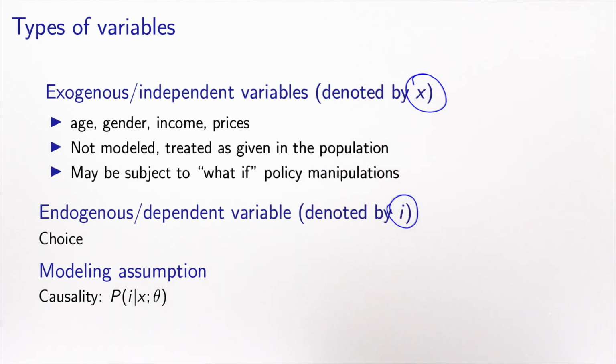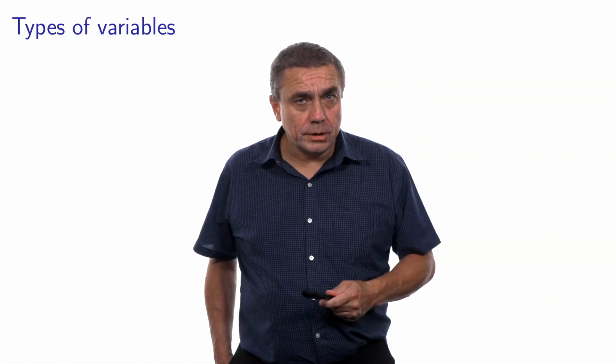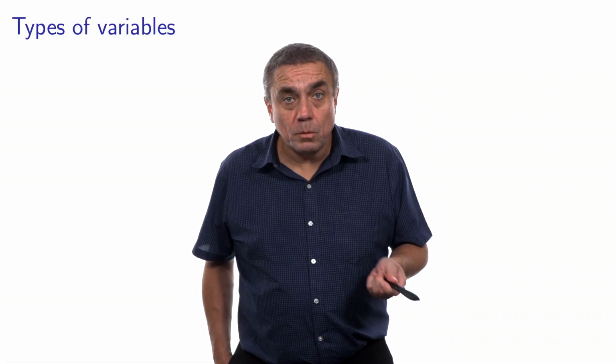And by defining the model based on the theory, we have assumed that there is a causal relationship between X and I. So the model that you have derived, the choice model, predicts the probability that alternative I is chosen conditional to X by assuming that there is a causal effect between X and I. This model has unknown parameters theta that will have to be estimated from data. It is important to realize that causality is different from correlation.